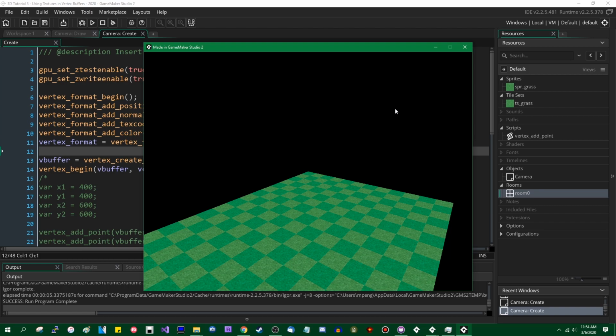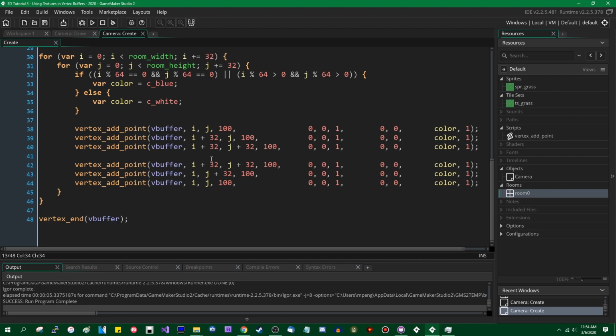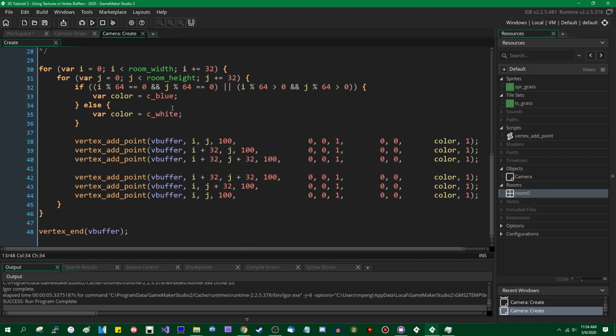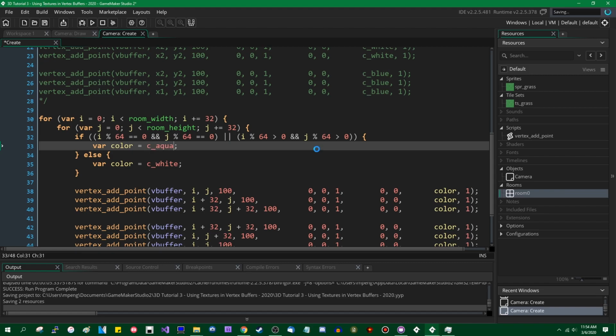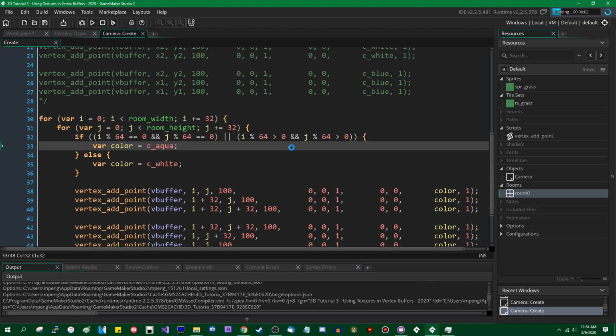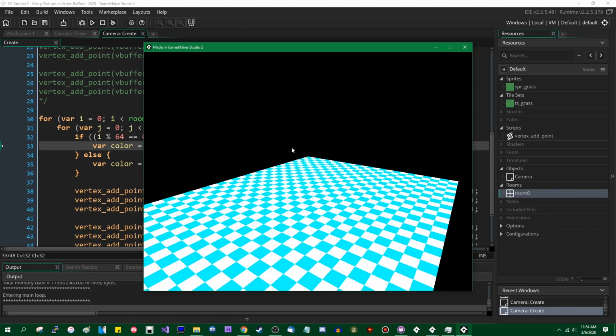So I made a few changes to the project since the last video. One of them is instead of making the checkerboard color blue, I made the checkerboard color aqua. And the reason that I did this is that c_aqua is a lighter color. As you can see right now, it's a more sky blue teal sort of color. And that's going to make it a little bit easier to see the texture underneath it